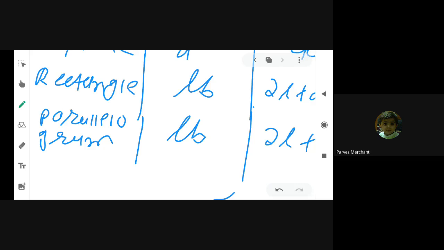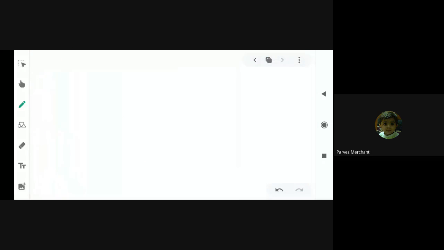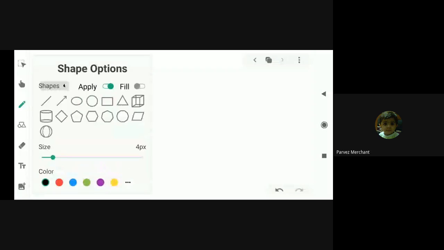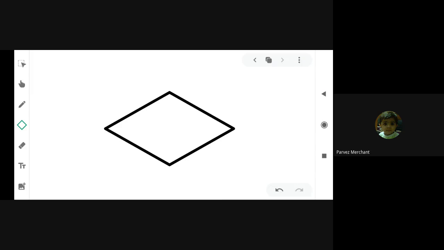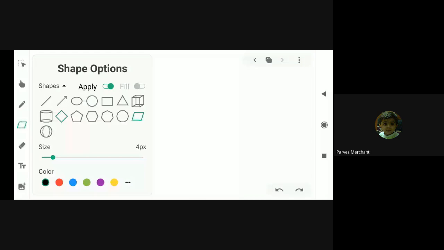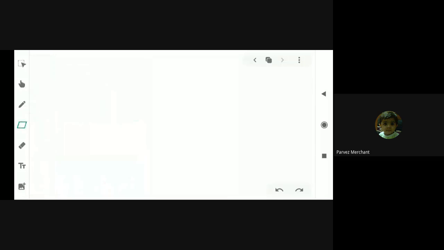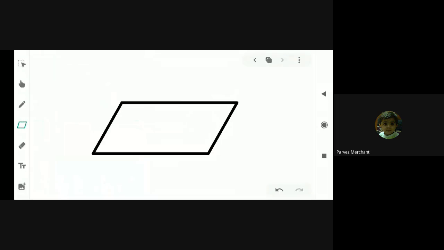Sir, your voice is cutting. About parallelogram, please see here. For example, it is a parallelogram. It is one type of parallelogram. Please understand. One minute. We are taking another type of parallelogram. Yes, it is a parallelogram, in which it is length and it is breadth. But we are not taking breadth as actual breadth in parallelogram. We have to take